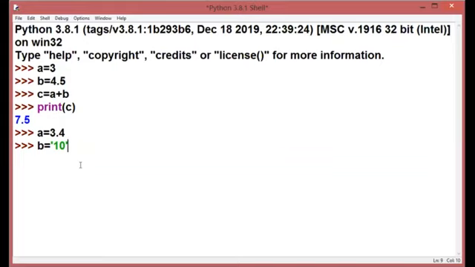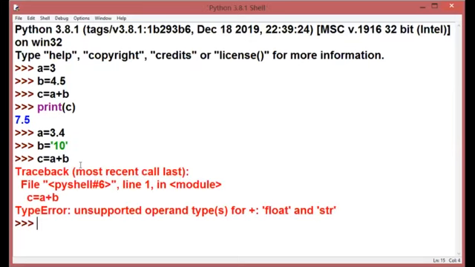Because whatever we write inside single or double quotes becomes a string. Now I am going to perform the addition as I have done earlier. So A plus B, it is not giving me any result, but it is giving me one error. And what is the error? That we cannot add float and string data type, right?